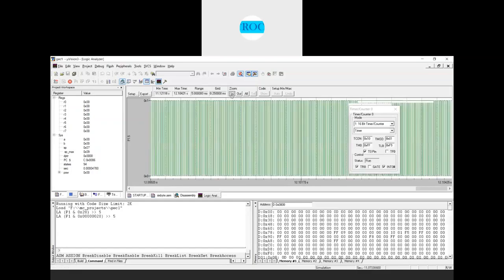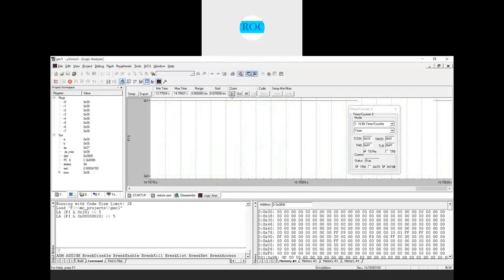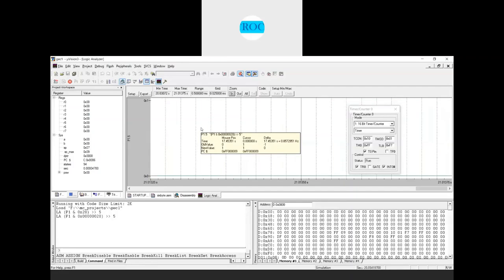Everyone can see that one. We have the square wave which is generated there now. Since it is continuously running, we are generating a square wave of 50% duty cycle there,